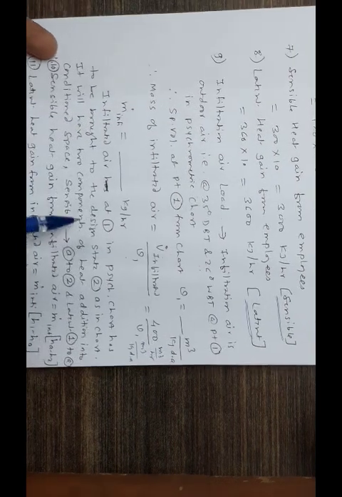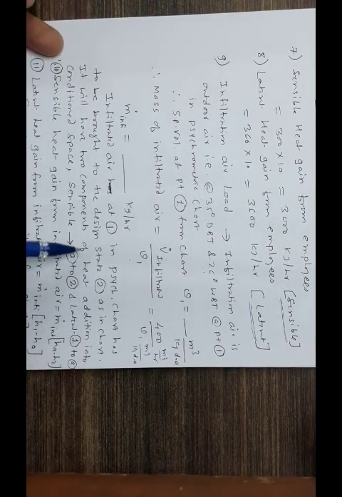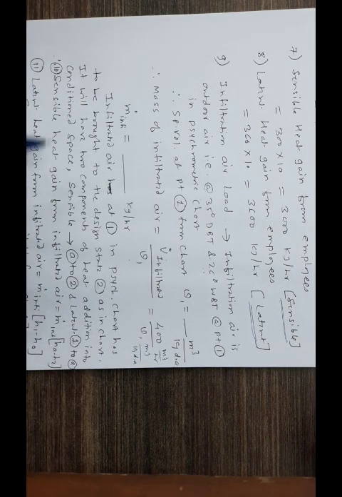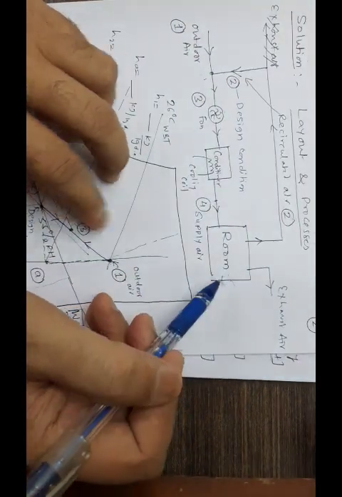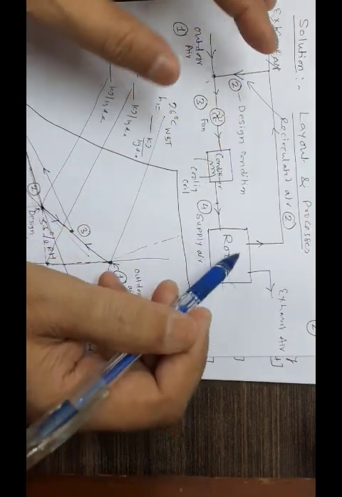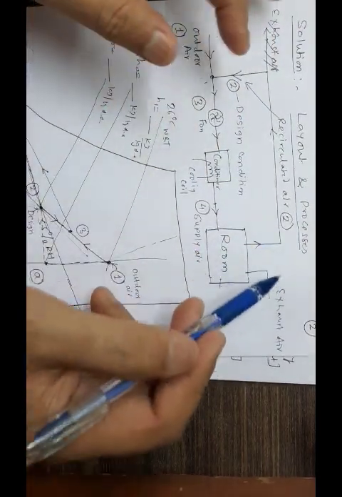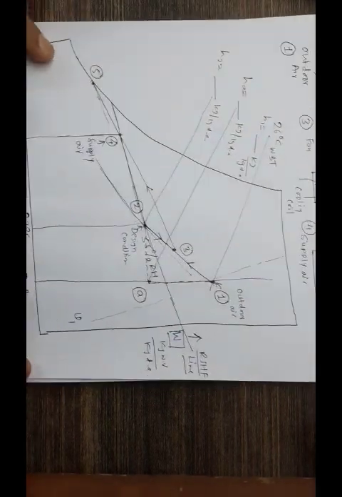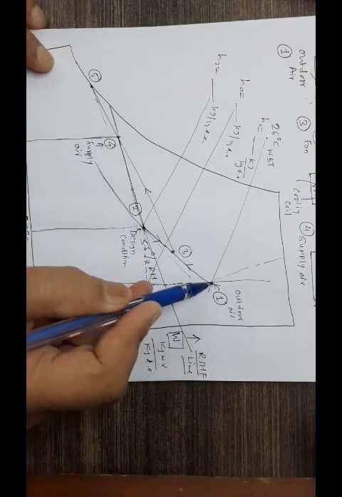The infiltrated air at point 1 in the psychrometric chart has to be brought to the design state 2. This infiltrated air which is going into the room from various cracks has to be brought to the state which is 2. That means ultimately we are required to come down to point 2, and the infiltrated air will have two components. Number 1 is the sensible part, and the other one is the latent part, and that is what we can look at here.